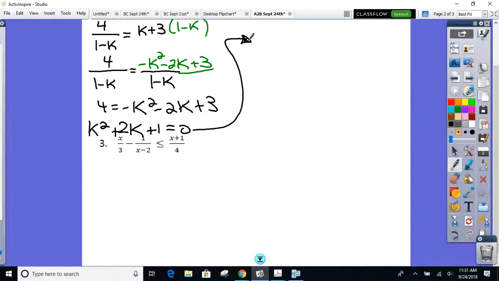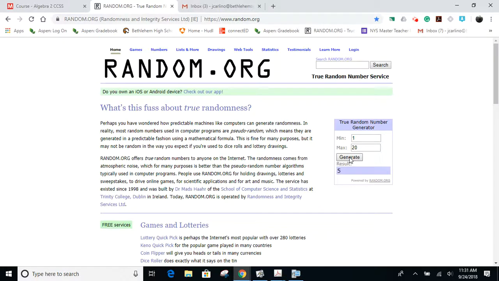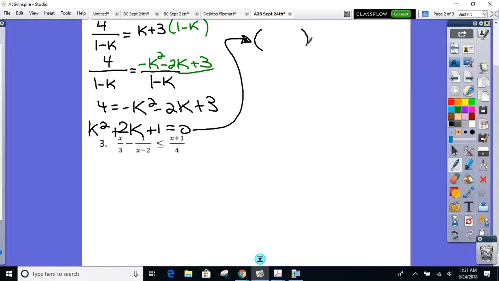Go ahead, factor that trinomial. Been doing this since we met each other the very first day. Good times. Trinomial, a value is 1. How do I factor that one? When you're ready, how am I going to factor this one? K plus 1. Yep. Oh, nice. So really, I only get one value out of here, right, guys? K equals